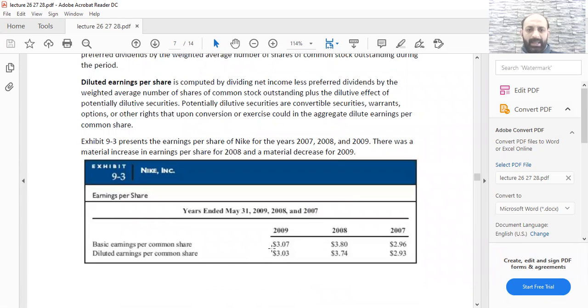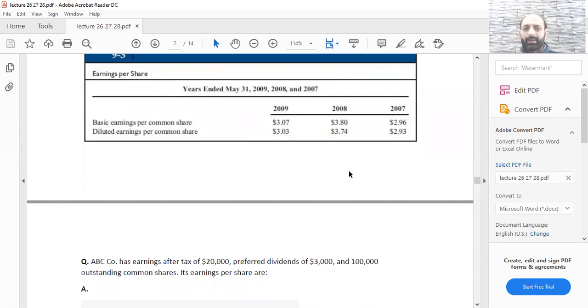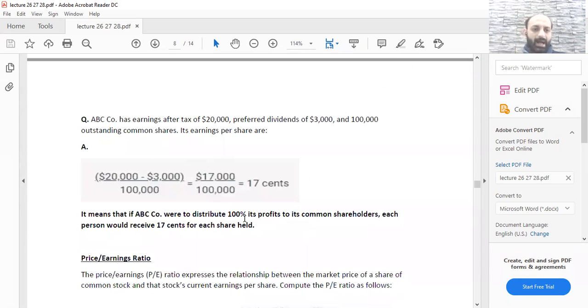अच्छा, अब आप देखेंगे 9 में जो आपकी basic earnings per share थी वो 3.07 थी, जो आपकी 2007 में थी वो 2.963 और जो 2008 में थी तो 3.8 थी। तो आप देखेंगे compared to 2007, 8 में there was a basic earnings per share increase and in 9 it decreased with respect to 2008।